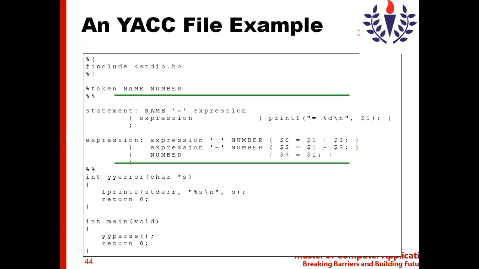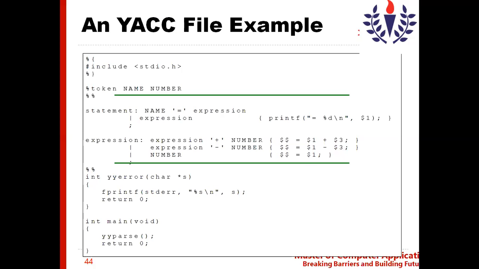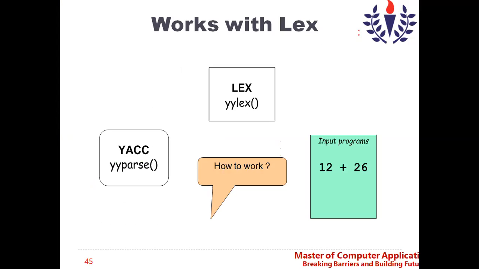Now I'll just show the input over here. We have a equal to 12 plus 26. I have told you to change the input to a is equal to 12 plus 26. I have used this input for explaining how Lex and Yacc work. So now we have to know how this Yacc program works with the example a is equal to 12 plus 26. So what is a? a is one input, right?